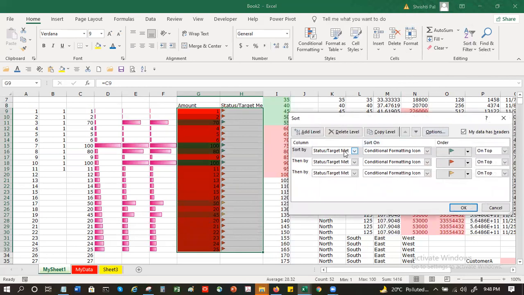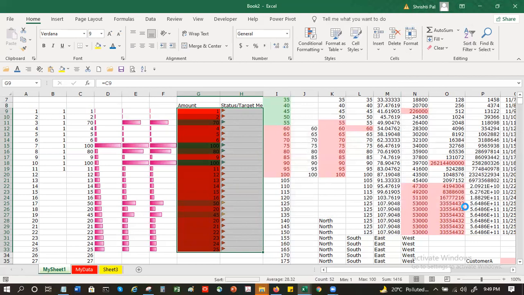Sort by this, first this, then this one I want on the bottom, red one, and this one maybe on the top. So now see, all the red ones are coming here. These are based on the values, right? Then the bottom ones have all the reds. So this is one great way in which you can use conditional formatting.